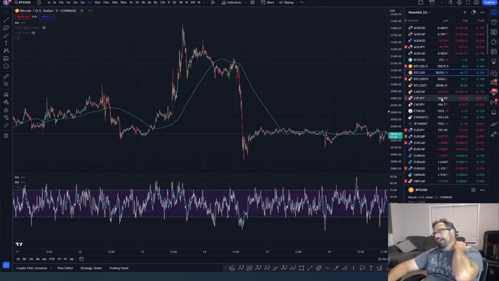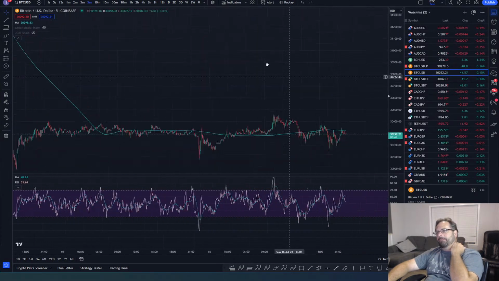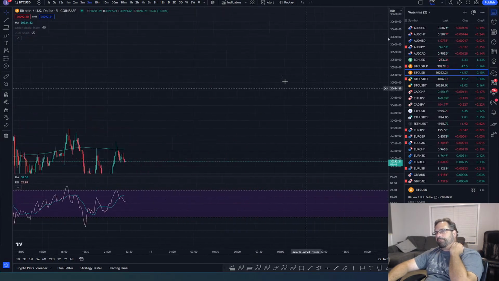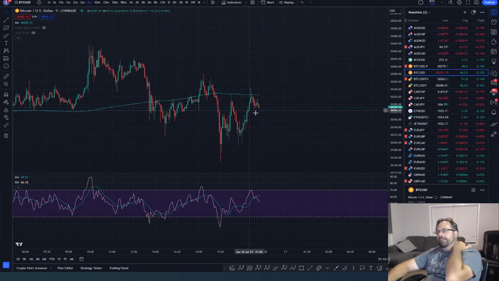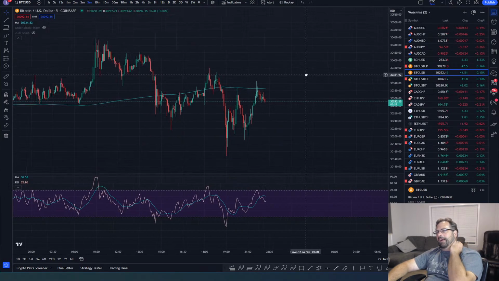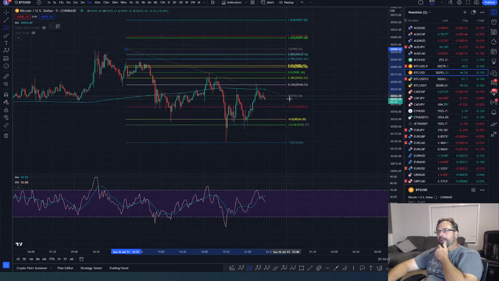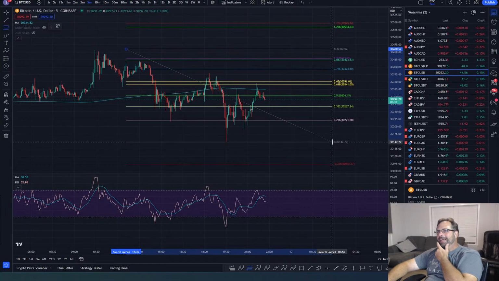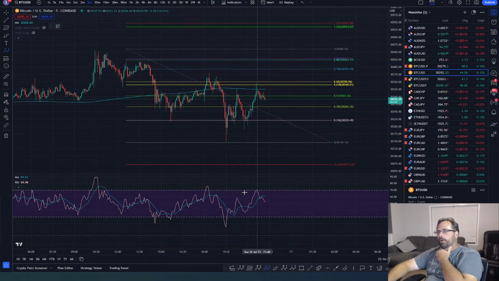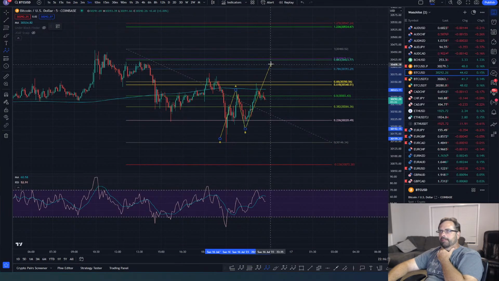Let me do something real fast, though. I want to get down to the 5-minute chart here. And I just want to watch this wave because I'm trading right now. And I'm interested to know if this is going to go up and hit the high or not. I want to see if this is going to go up and hit that high. Okay, so we got boom, boom, and then let's go. I'd love to see this get up here. That would be nice.